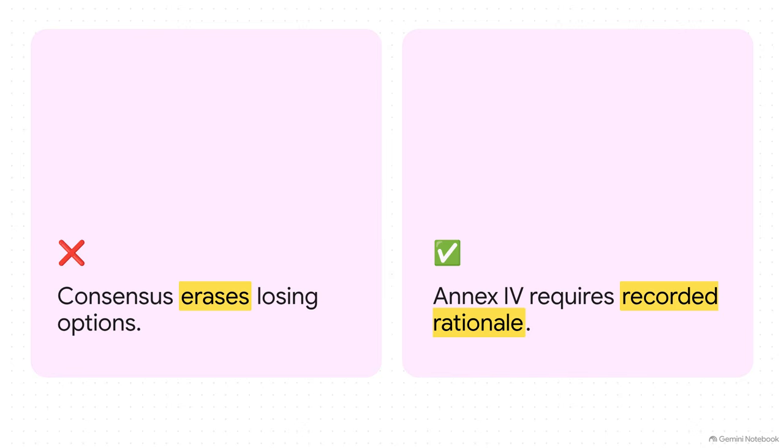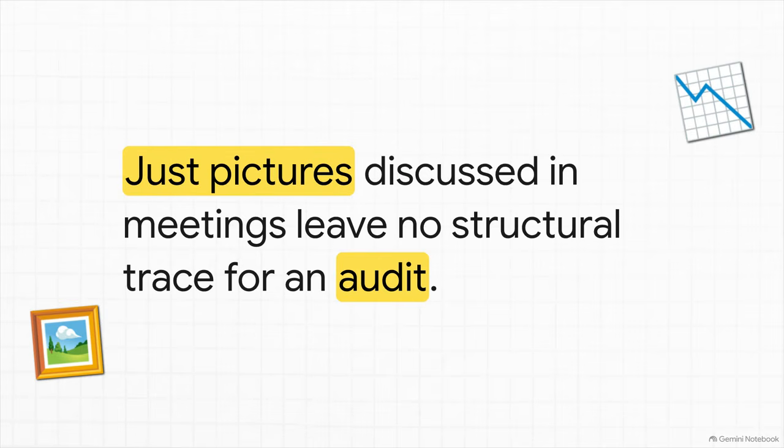The second failure mode revolves around how we make decisions. Contrast the standard consensus decision model with these strict new regulatory requirements. Think about most meetings. Decisions are made by debate, consensus, or maybe a boss override, and the losing alternatives are effectively erased from history. But Annex 4 of the EU AI Act requires technical documentation of alternatives and trade-offs. If an auditor asks a counterfactual question, you can only answer it if those discarded alternatives still exist as recorded data.